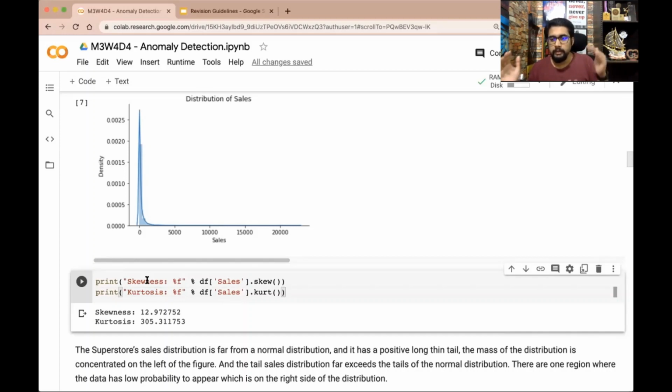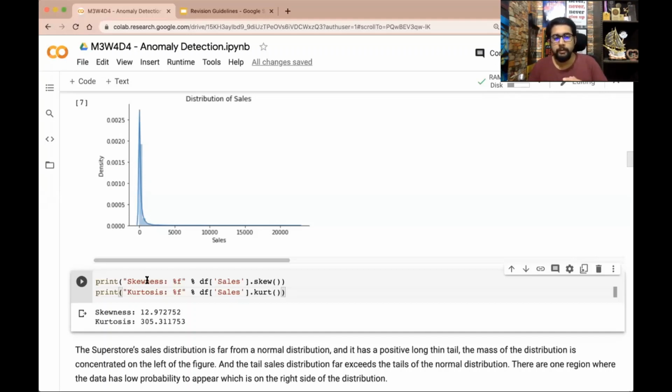So these are important aspects of a distribution. One is where the distribution is centered, where it is located. The second is the variance, which says how spread out the data is. The third is the skewness, which is the third order moment, and that tells you in which direction it is skewed. If it's symmetric, you will have a skewness value of 0. Skewness gives you the direction of the tail of the distribution. And then the fourth order moment is the kurtosis,